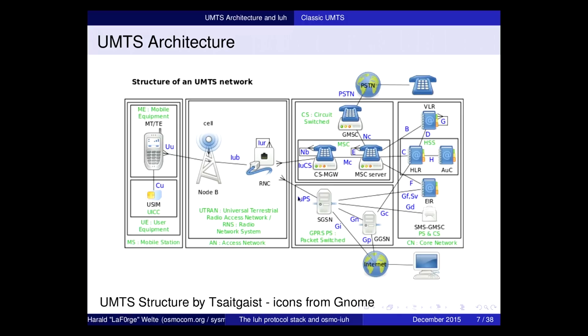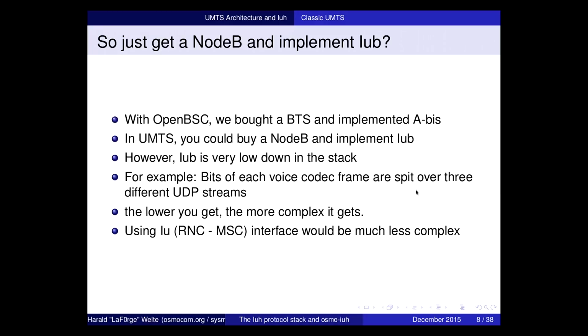And then on this boundary, we have IUCS and IUPS interfaces that interface the base station controllers with the core of the network, which is the mobile switching center, the media gateway, the serving GPRS support node, and other elements here. And this is actually the interface line which we have been implementing in recent months at the boundary between the access network, or the radio access network, and the core network on the other side of the slide.